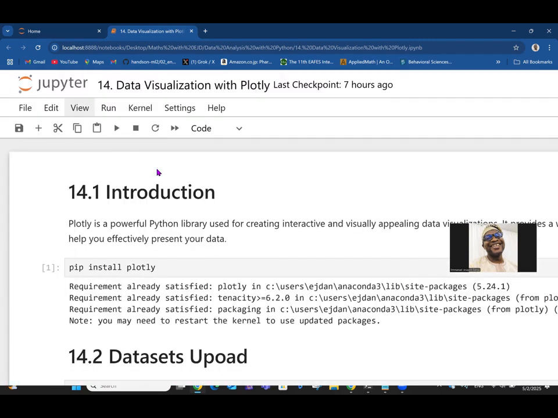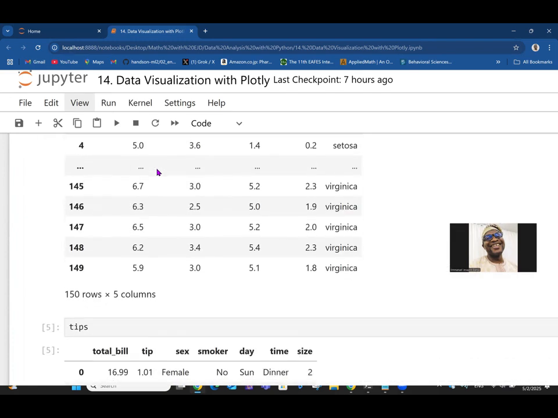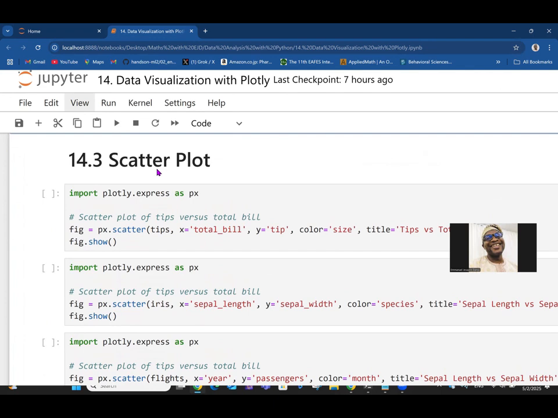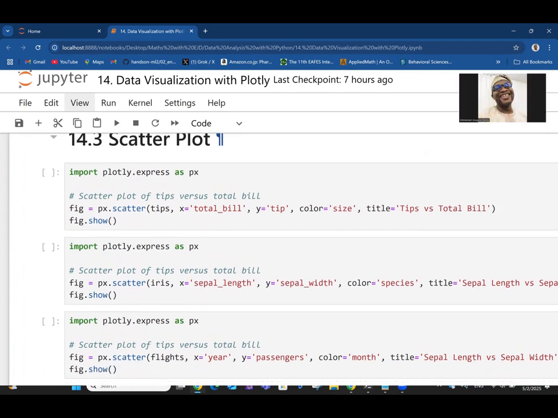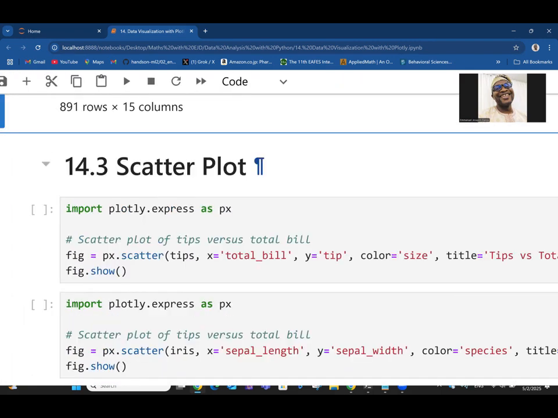Okay, so let's go now. I've not imported Plotly. So what we are going to do here is that, based on what is required for each kind of plot, we are going to be importing Plotly. So for instance, here we want to talk about scatter plots, right? So for a scatter plot, see what we have. We have to import